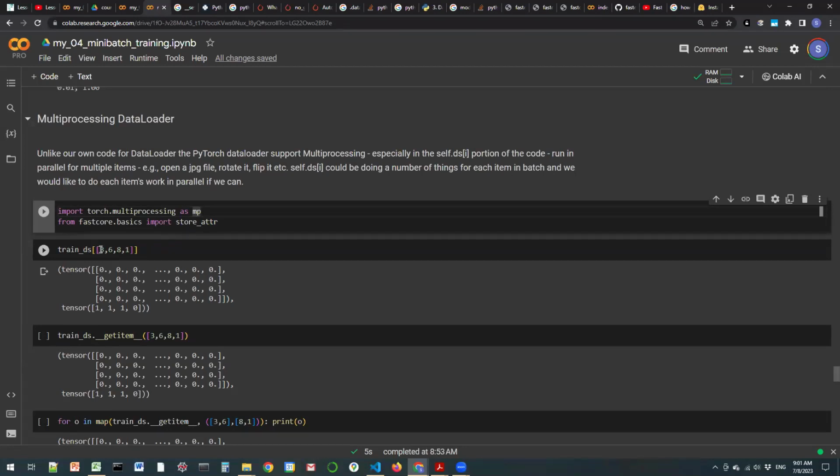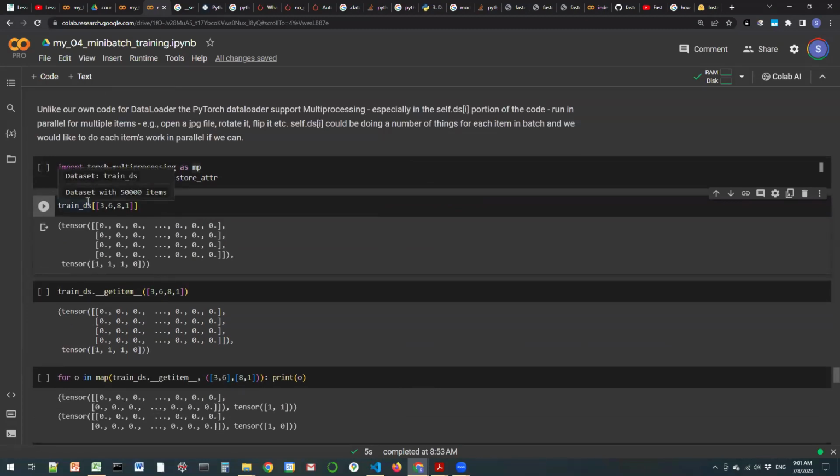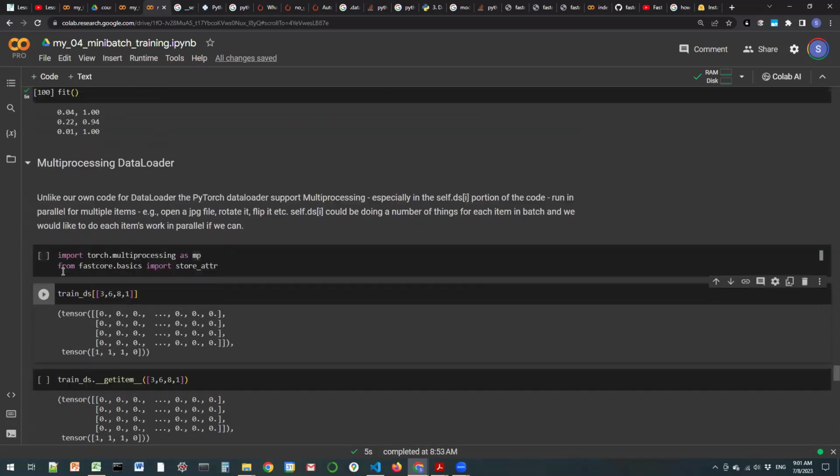So this says training data set at locations 3, 6, 8, and 1 is what these X values are. And remember that I keep repeating that at each index of the data set is a tuple, an X and a Y. So the X is this, that's the image. The Y is that. So we get at 3, 6, 8, and 1, these 784 values, which are the images, and then the corresponding labels, I should say. So this guy, train.ds 3681, is equivalent to,